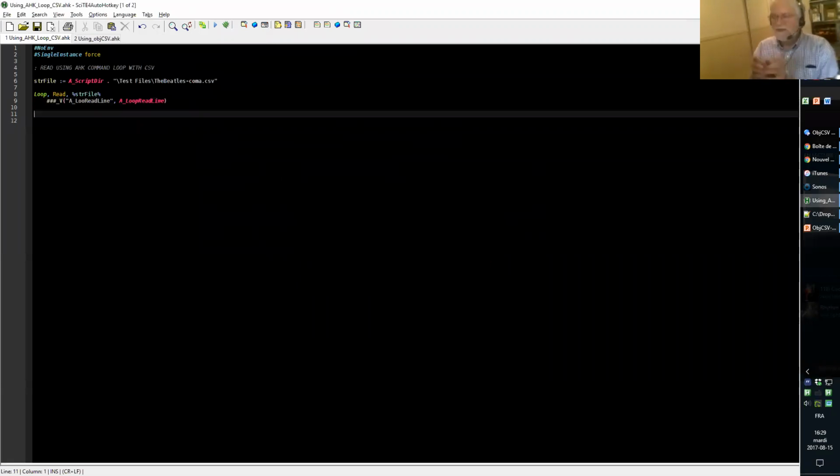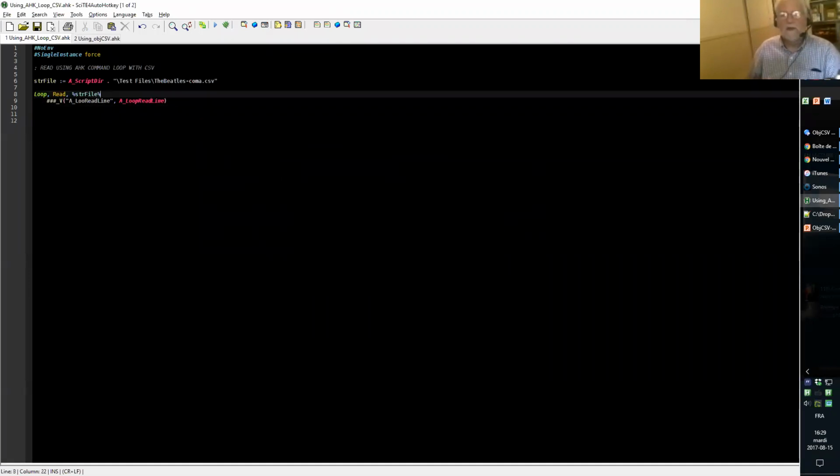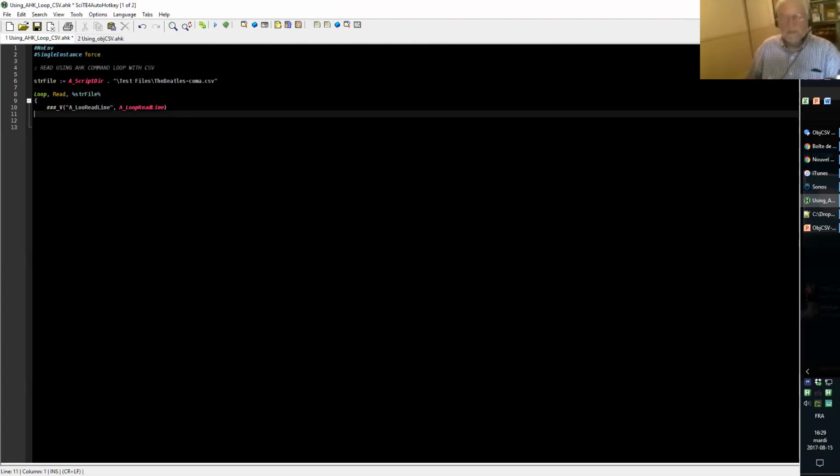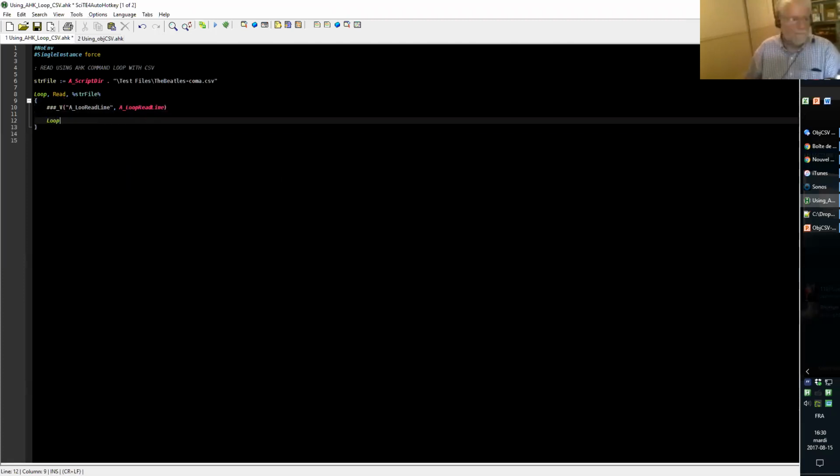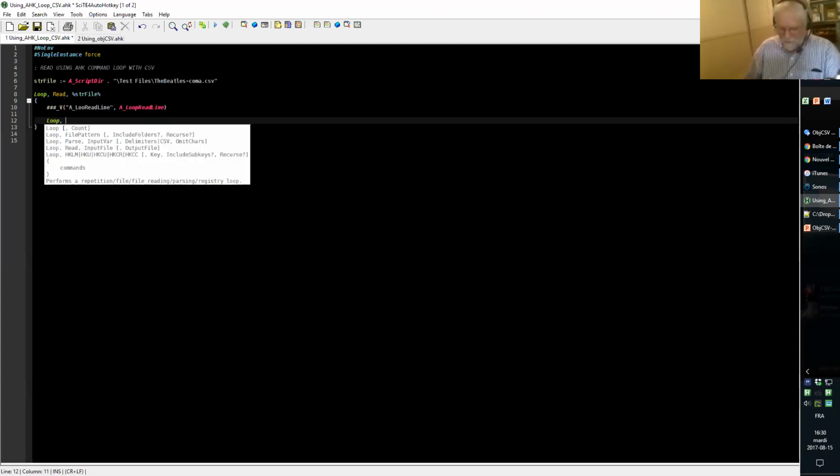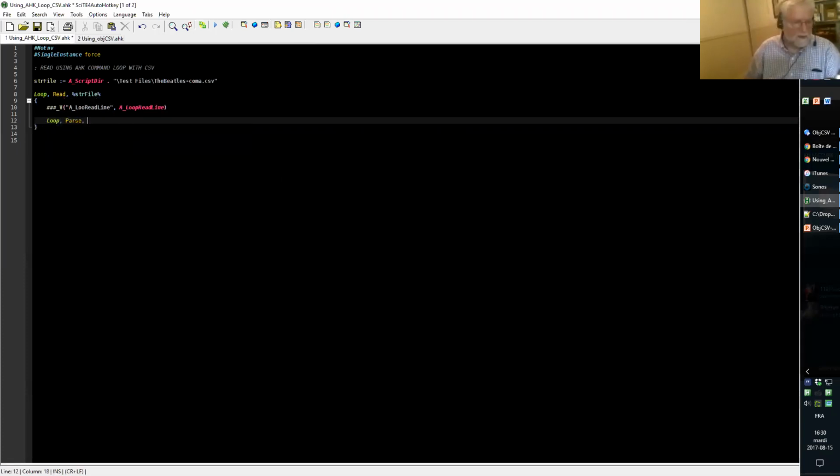Now, for each of these lines, I will do a second loop using the built-in Loop command of AutoHotkey with the parse subcommand, and I will read this loop, read line, with the option CSV.